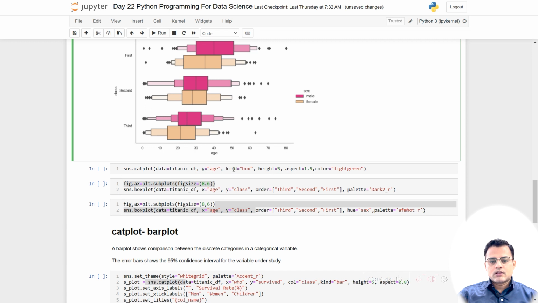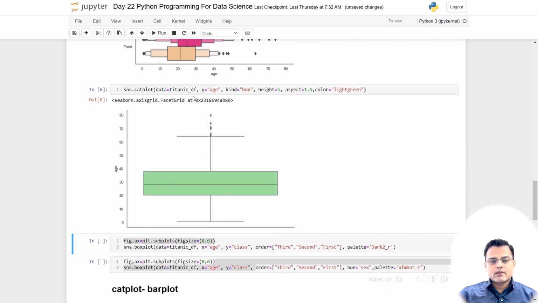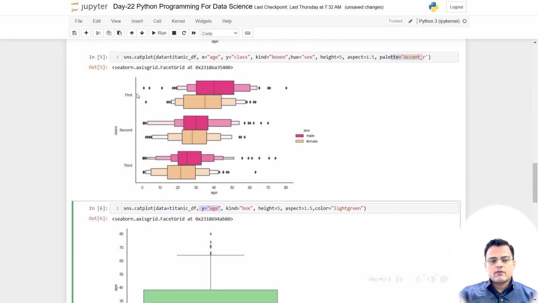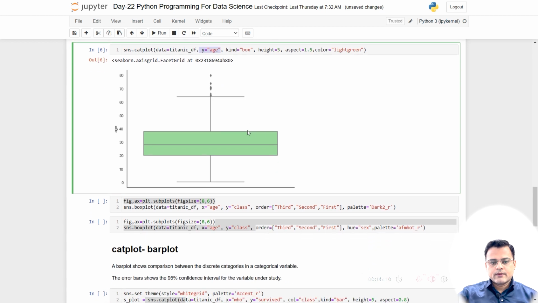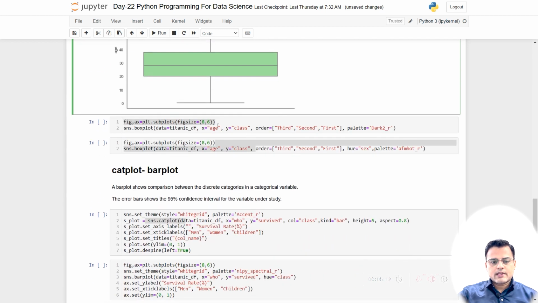Similarly, you can draw a box plot of a single variable. So here I am using just y equal to age. Instead of the class variable, I am just seeing the box plot of the age variable. You can see within the age variable there are a couple of outliers present in the data set. So you can see a box plot with respect to a single variable and with respect to a categorical variable as well. Next plot is